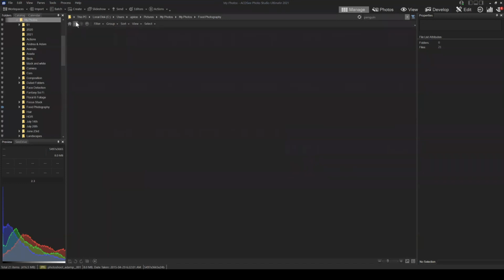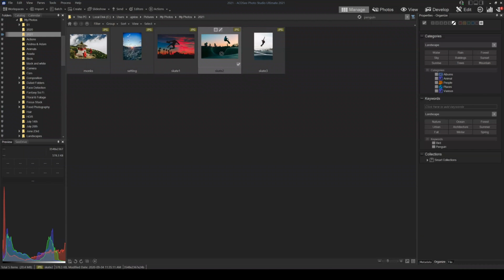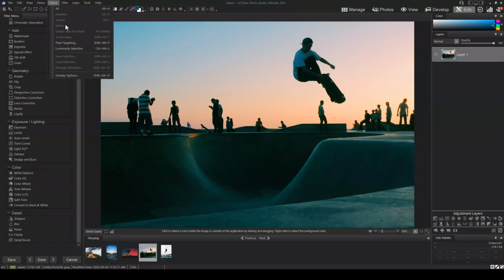Okay, so I love the refine tool. It's awesome. I'm just going to open up this skate image here because this is the one I found it was really effective on, and I'll bring it in edit mode, and we'll talk about it. So all refine edge is, it's a function within select that allows you to basically take any active selection and